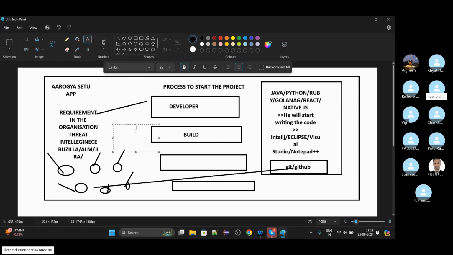Before Maven, there was Ant, the Ant build tool. Then Maven came into the picture. Now in the industry, Gradle is there as a build tool. Whatever build tool you are using, it gives you the capability to develop or deploy an application.